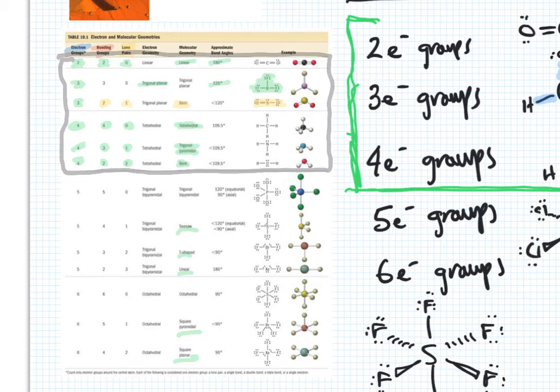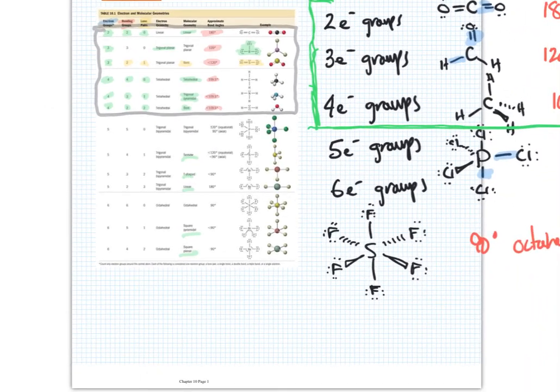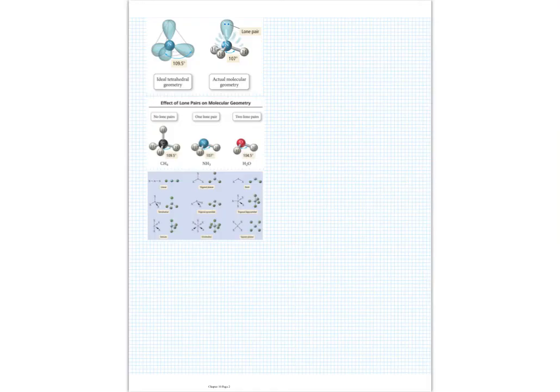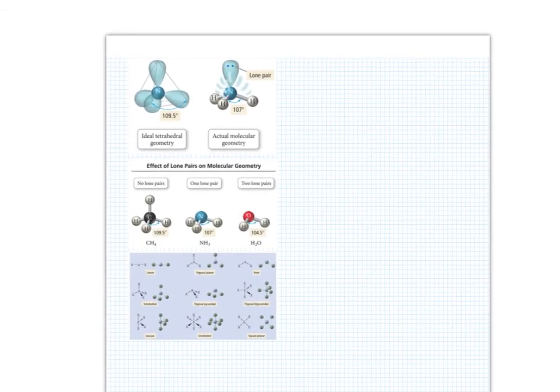Now, the one other thing you may have noticed is the angles. Did you notice this is 109.5, this is 120, this is 180, but it says less than 120, less than 109.5? What's going on there? So let's go to the next page. All right, if you look at the next page,